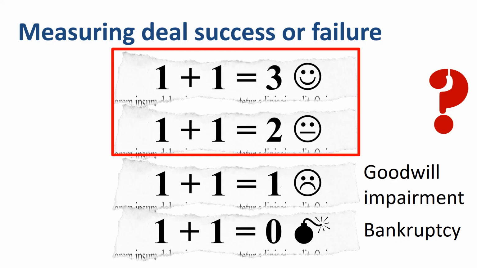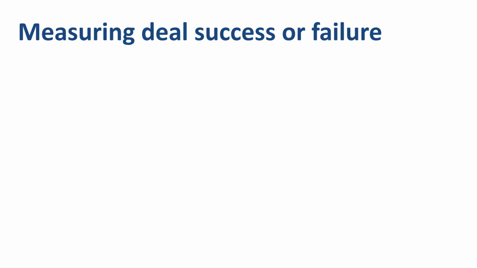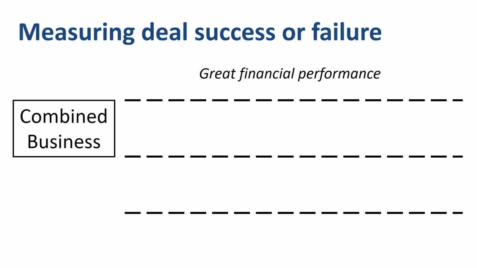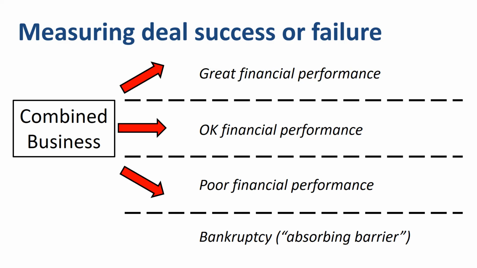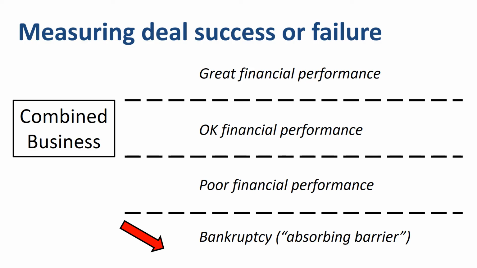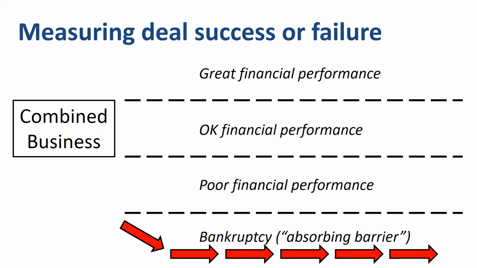Here's why. Let's say there are 4 paths for a combined business: great financial performance, strong revenue growth, margin improvements, strong free cash flow generation; okay financial performance, some growth in revenue, margins and cash flow; poor financial performance, a decline in revenue, margins and/or free cash flow; and bankruptcy. Each arrow represents 1 year of financial performance in the diagram. The characteristic of a bankruptcy is that it is an absorbing barrier. It's game over. Once you are in there, you exit the population as a company, even though your assets might be purchased for a restart under a new label and with new capital.